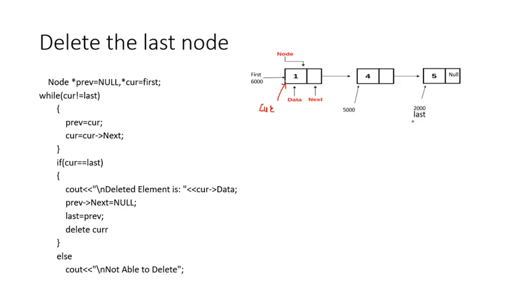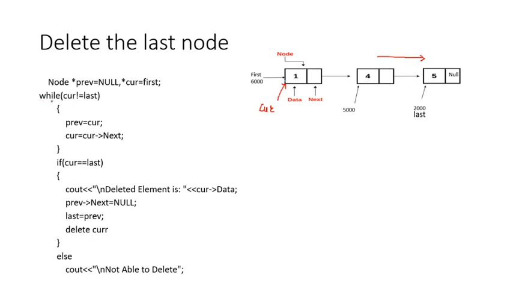We have already maintained a pointer to the last node, but once we delete this node, we should store the null value in the previous node. We don't have the address of the previous node of the last, because the drawback of the singly linked list is that we can traverse it only in the forward direction. Backward traversal is not possible. That's why we have used the two pointer concept. Now we will traverse the list for searching the last node.